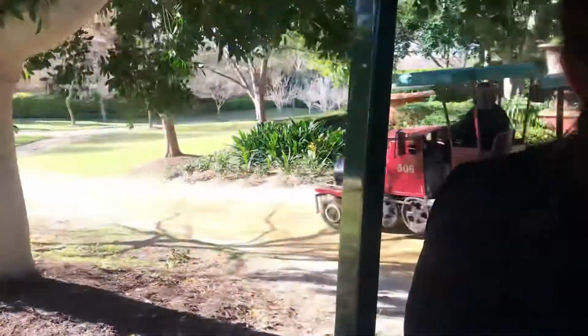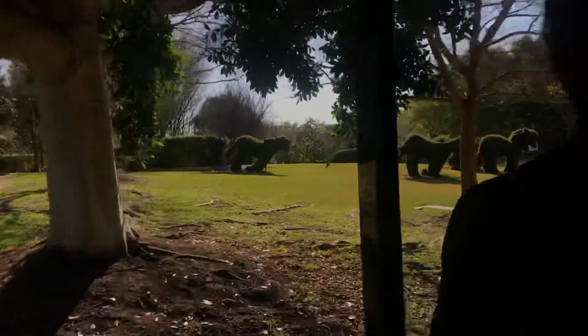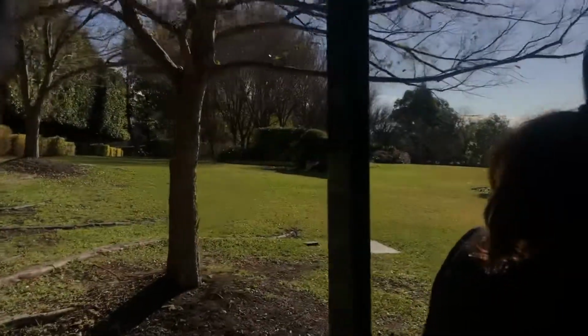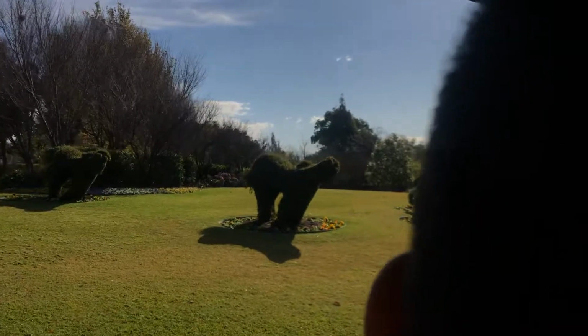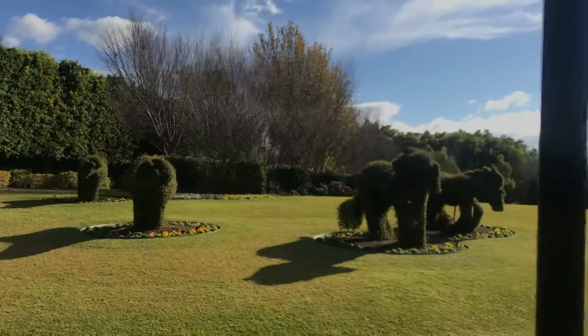We have 460 topiary in total across our property, and the 4 most important ones just off to our left-hand side here. As you can see, they've been shaped to look like horses using a very fast-growing vine known as Muehlenbeckia. And these 4 horses are actually quite important to us at HVG. We've named them after the mountain range that runs behind us in the valley. The Brokenback Range, which is home to the Watagans State Forest. And having 4 of them